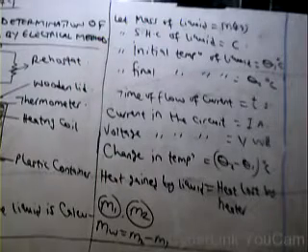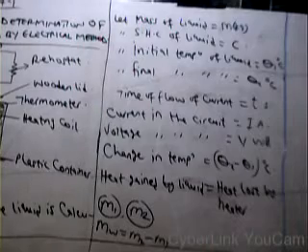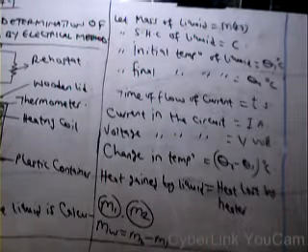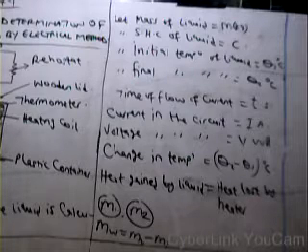Don't forget, we have various measuring instruments in this particular setup. We have the ammeter to determine the amount of current. We have the voltmeter to determine the potential difference across the circuit. We also have the thermometer to record the temperature of the system, both initially and then the final value.